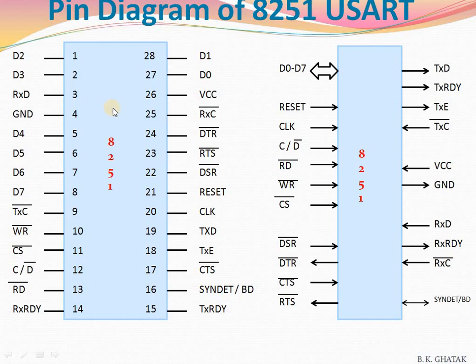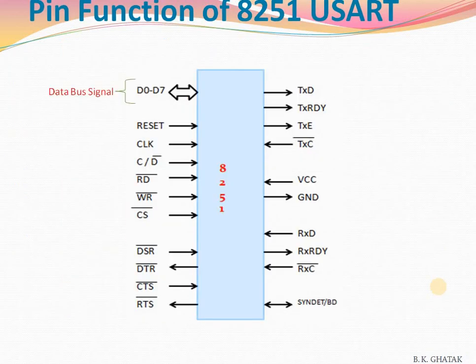So from this we can easily convert this figure where we can categorize the different types of signal. First one is D0 to D7, that is known as the bidirectional data bus, and these 6 are control signals and these 4 are modem signals and another 4 are transmitter signals, these 2 are power supply signals, these 3 are receiver signals, and this is for input output transmission signals. Clear? So we can categorize this as the data bus signal.